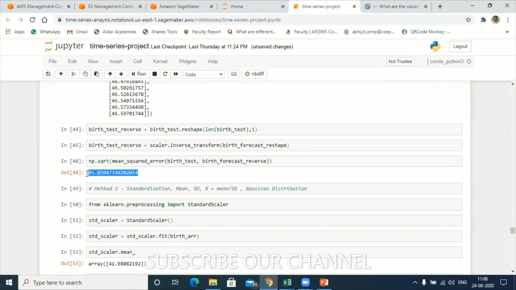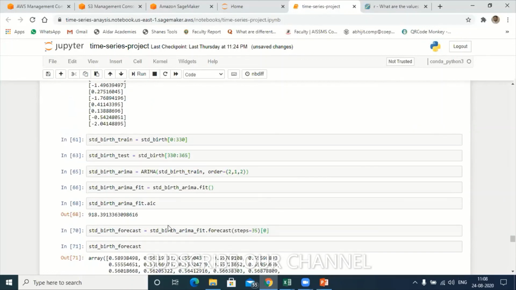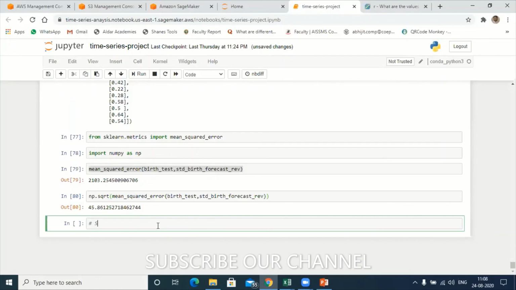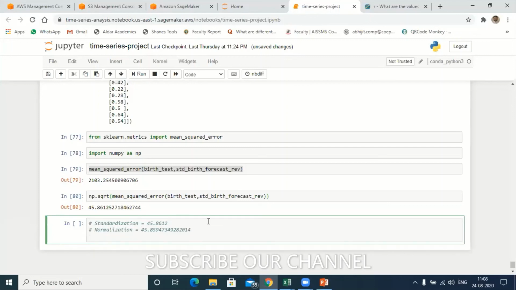This value is for the normalization technique. Let me write here. Using the standardization technique, we are getting 45.8612. Using the normalization technique, we are getting this 45.85.